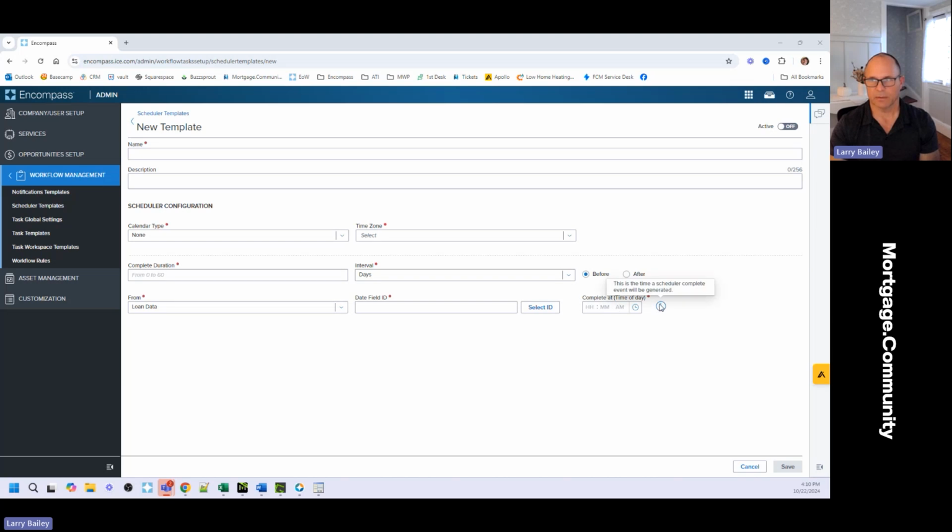And there's a little indicator here, information bubble. Again, the complete event will be generated, and I'll explain what that means in a moment. Back to this completion duration. If you enter 0 in here, it basically is going to run immediately when that happens. Now, an event date running at 0 days, it sounds a little bit weird. I don't know if I can think of a good example of this.